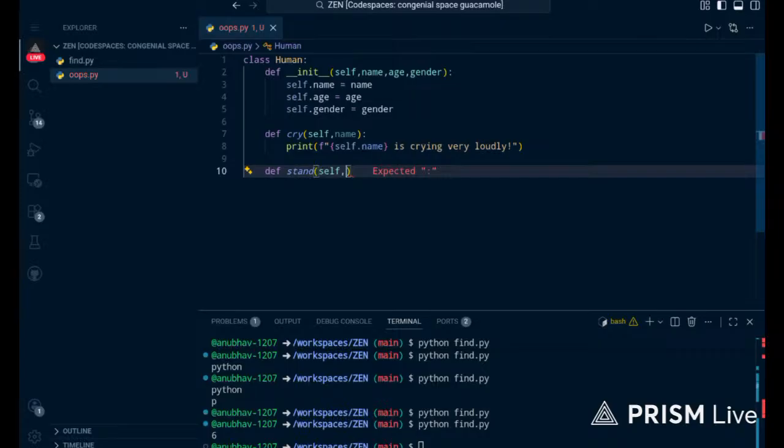Let's say self and age. So we are gonna print